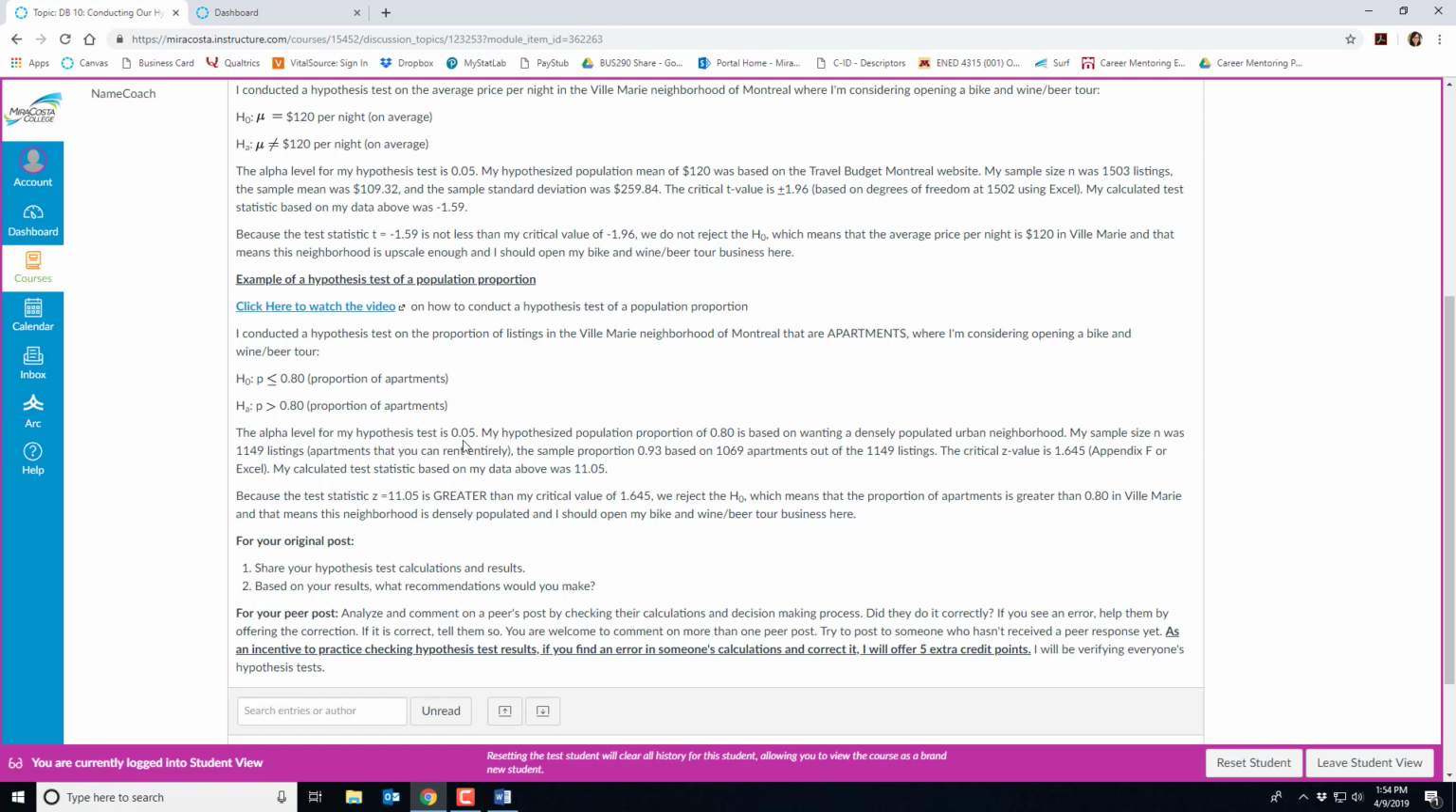But my alpha level is 0.05. My hypothesized population proportion is the 0.8. And in a previous video, I had originally had it at 0.5, which is a conservative number. But after thinking about it, I am modifying it to 0.8, which is a greater majority of apartments because that would imply or suggest that it's a densely populated urban area with a lot of apartments. So my sample size is 1,149 listings, and the sample proportion was 0.93 based on 1,069 apartments out of the